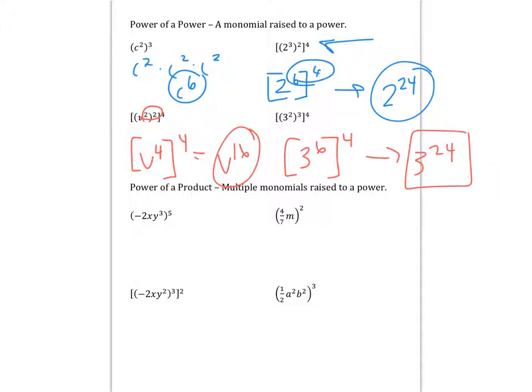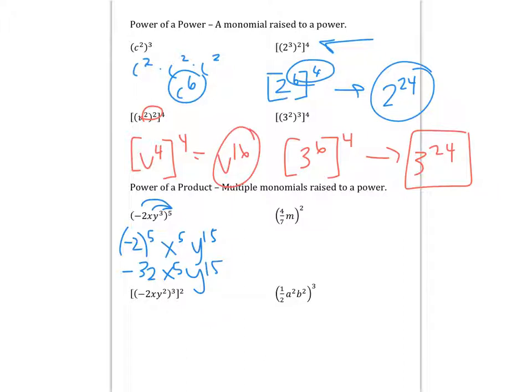All right, now let's look at the power of a product. So here I'm going to distribute the 5 to everything inside the parentheses, so to the 2, to the x, and to the y cubed. So I have negative 2 to the 5th, x to the 5th, because 1 times 5 is 5, and y to the 15th, because 3 times 5 is 15. Negative 2 to the 5th power is negative 32, x to the 5th, y to the 15th,